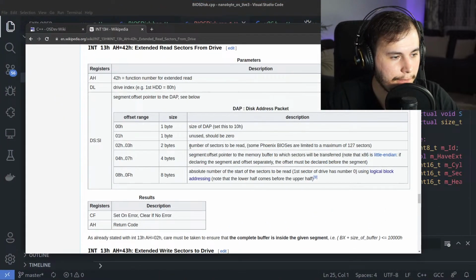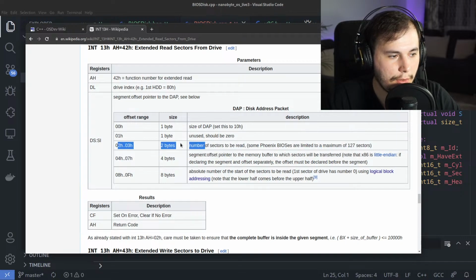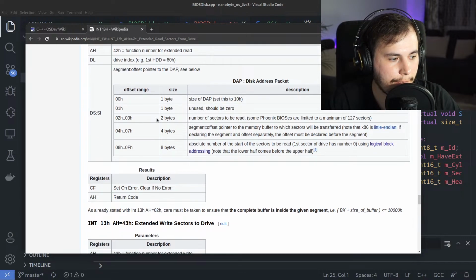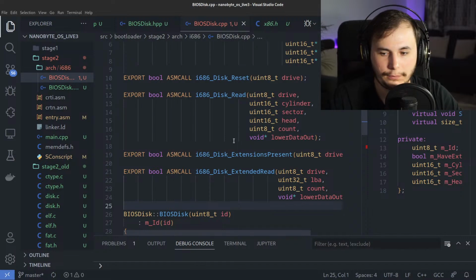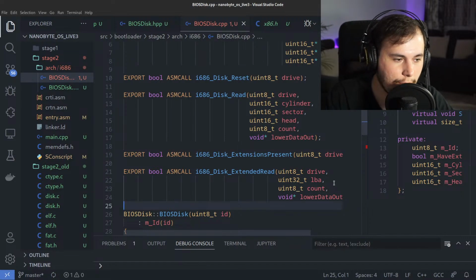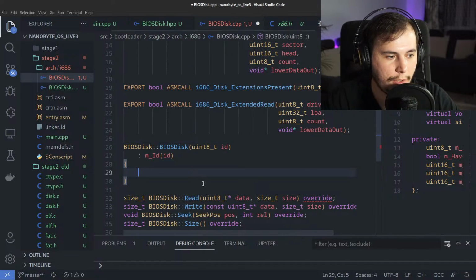Let's see. Okay, so the number of sectors to read is 2 bytes, but some BIOSes are limited to 127, so let's just leave it 1 byte. And the rest looks pretty good. Okay, now,